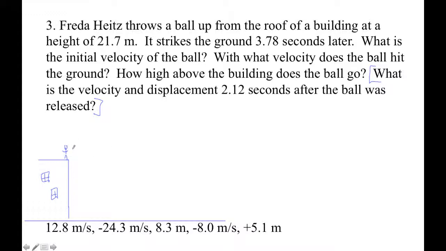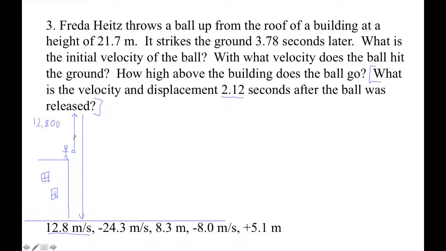She throws the ball up, and from the first part of this one, which I solved in the first video, we know that she's throwing this ball upward with a velocity of 12.8 meters per second. Unrounded, it's 12.800. So she throws that thing up, it goes up, right? It goes down, okay? And the question here is at 2.12 seconds after the ball is released, what's its velocity and what's its